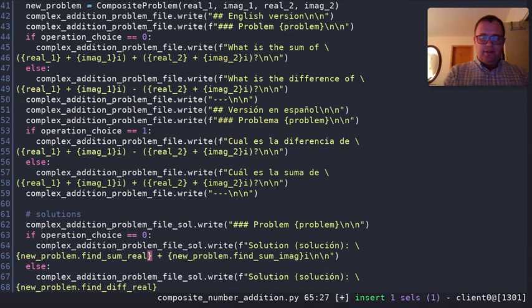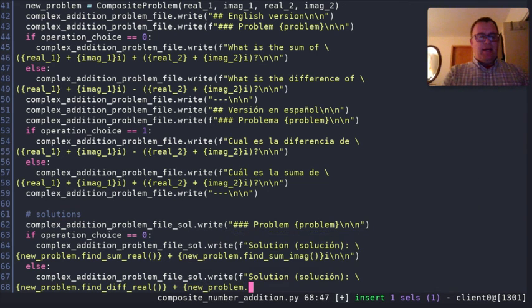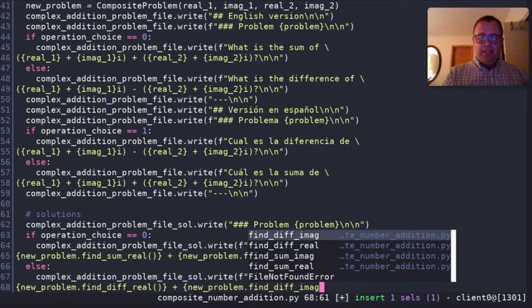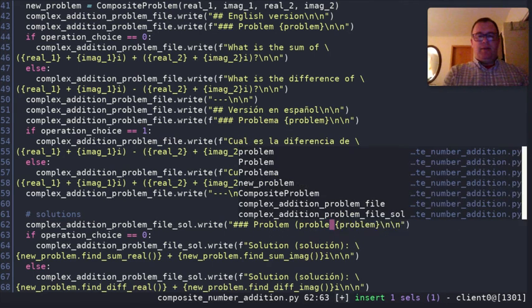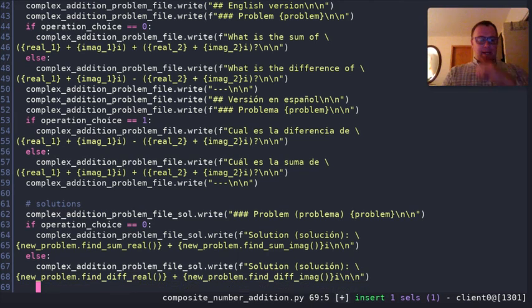I forgot. I've got to include opening and closing parentheses here and here because they're methods, and here. Okay, and then plus we're going to have the new underscore problem dot find difference imaginary, and again I need to do that for the method I, and then we'll do /n/n, close that out. I also want to, in parentheses, I'll put just problema here. Okay, and